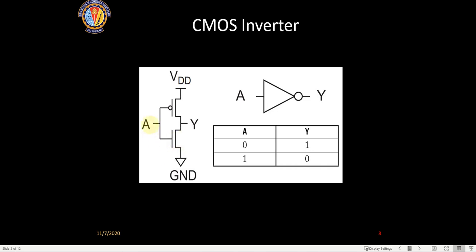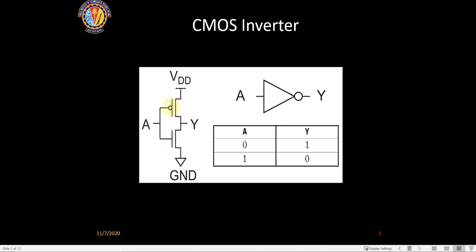There are two types of MOS transistors. One is known as the NMOS. If you see this, what is shown at the bottom is an NMOS, and what is shown at the top is a PMOS. The way we can distinguish these two is that the PMOS has a bubble placed at the gate. This is known as the gate, and these are source and drain. A bubble placed here means this is a PMOS.